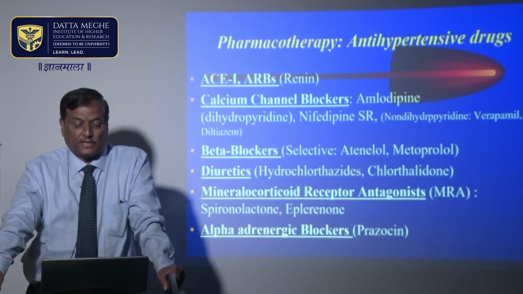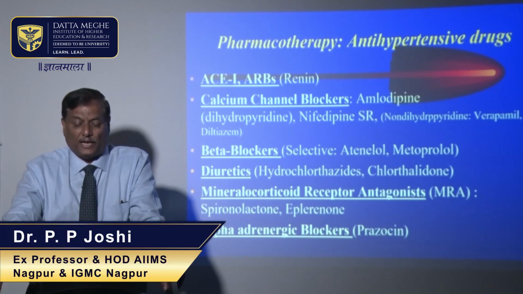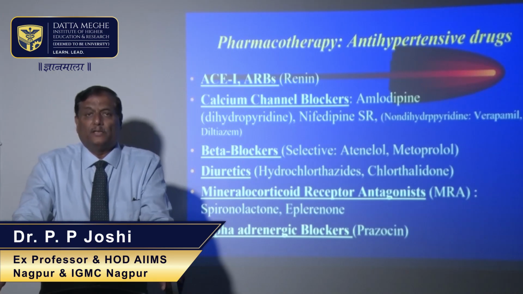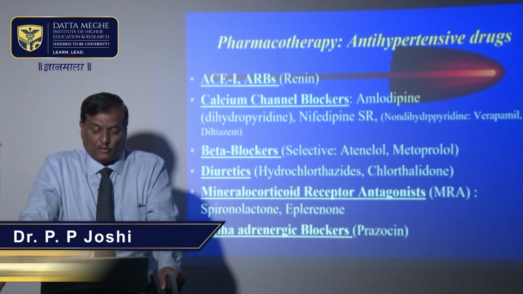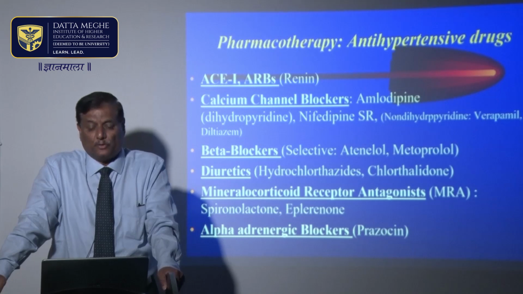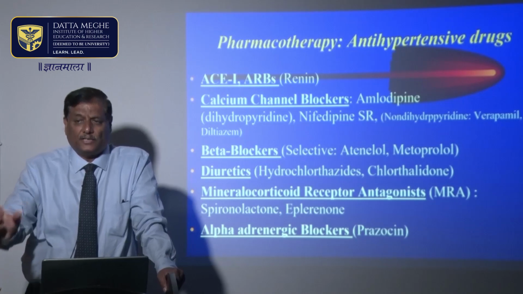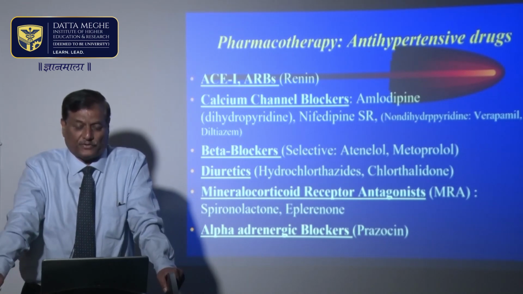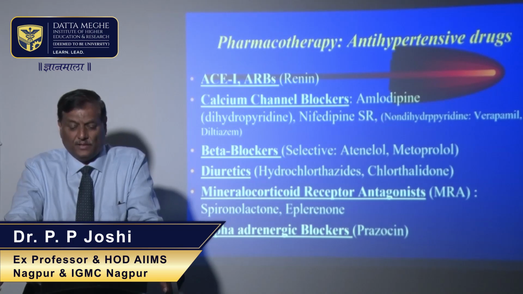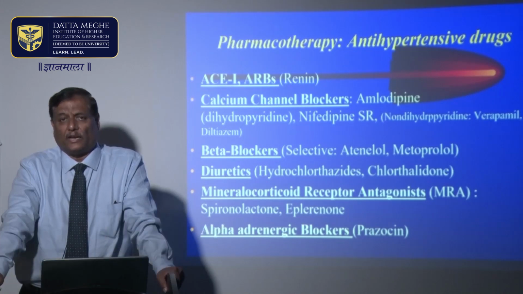The second group of drugs are calcium channel blockers like amlodipine, which is a dihydropyridine, nifedipine sustained release, and certain non-dihydropyridine calcium channel blockers like verapamil and diltiazem, but these are not usually used for the treatment of hypertension. For hypertension, among calcium channel blockers we use amlodipine very commonly. It's a very good drug. The basic action of calcium channel blockers is that they cause vasodilatation, bring down the blood pressure and decrease the peripheral resistance. An important side effect of calcium channel blockers is that it can lead to constipation, and